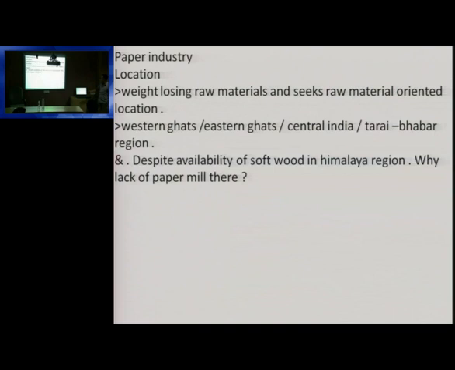Okay, please. Paper industry, I already told you. Despite availability of softwood in the Himalayan region, plenty of natural resources, why is there a lack of paper mills there? Yes? Lack of connectivity. Yes, all those are the reasons. One of the main reasons is